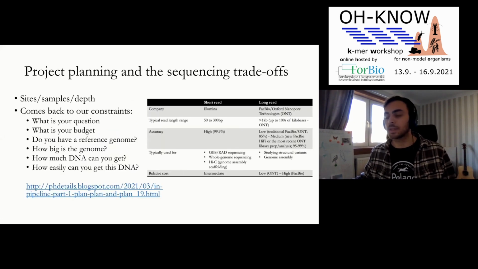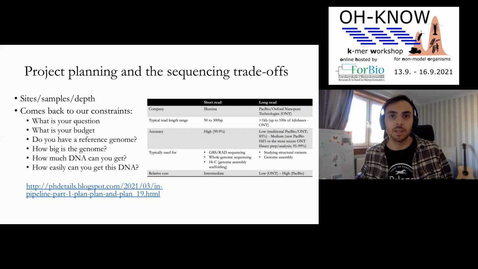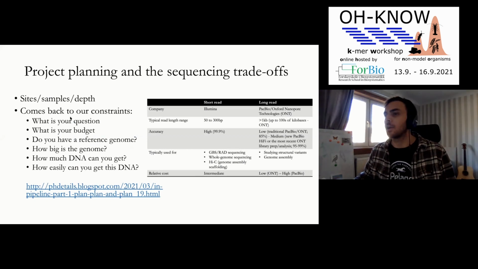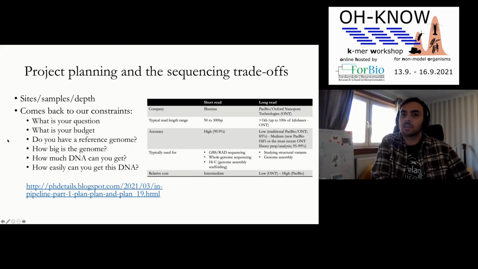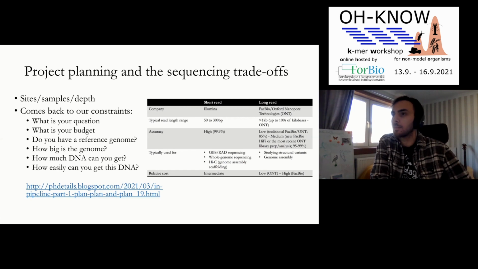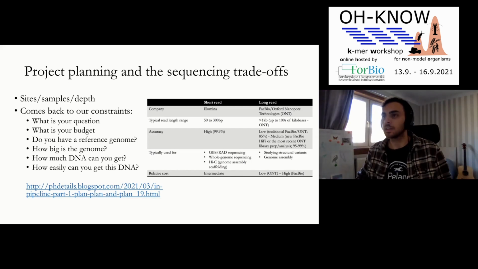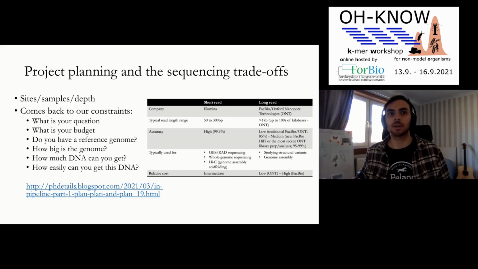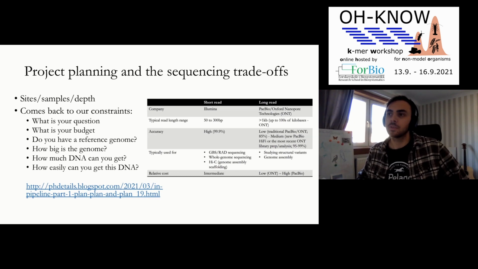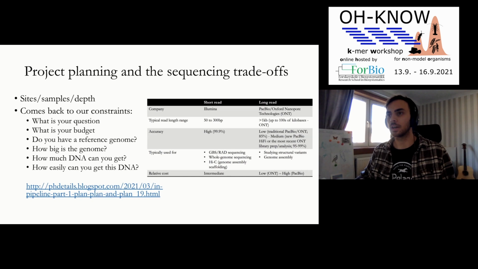Now, one of the important things I think with sequencing projects, which is not often iterated enough, is how important project planning is. So if any of you haven't started your project yet, this is something worth bearing in mind. But there is this trade-off of the number of sites you want to sequence, the number of samples you have, and the depth of sequencing. And I actually think this question is becoming, in a way, more open and slightly more challenging to address, just because of the number of different options that are available.